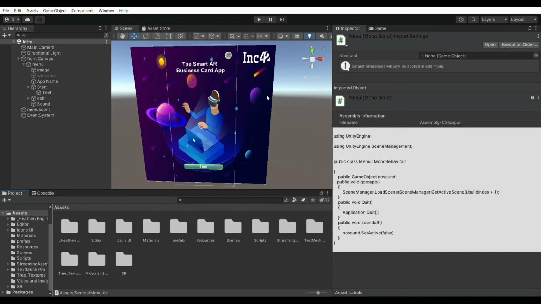From here, the first screen, which is the introduction screen with menu, and the second screen where the target objects can be scanned and the content can be displayed, are connected and made into an Android application with the extension APK that runs on an Android operating system. This application is the Smart AR Business Card application, which we are developing as the output. Let me show you the Android application, which is the final stage and output of this project.